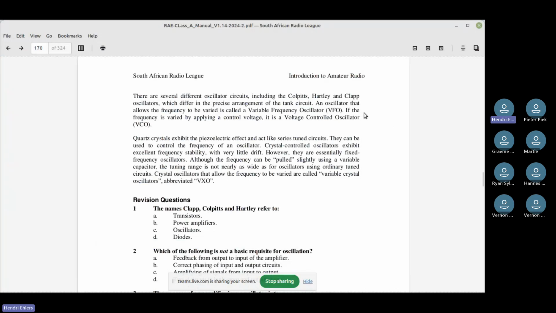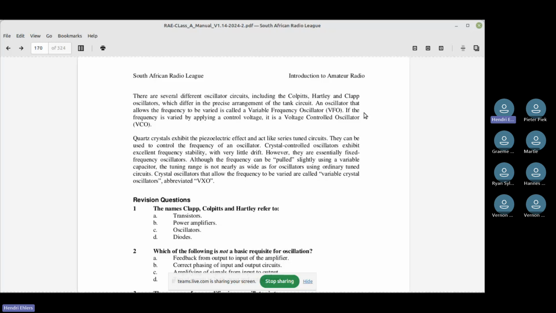An oscillator that allows the frequency to be varied is called a variable frequency oscillator, a VFO. If the frequency is varied by applying a control voltage, it is a voltage controlled oscillator, VCO. Quartz crystals exhibit piezoelectric effect.